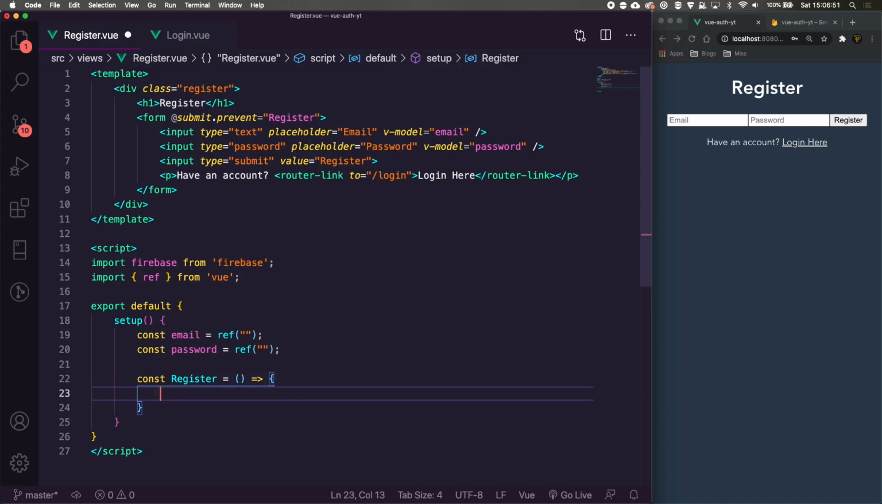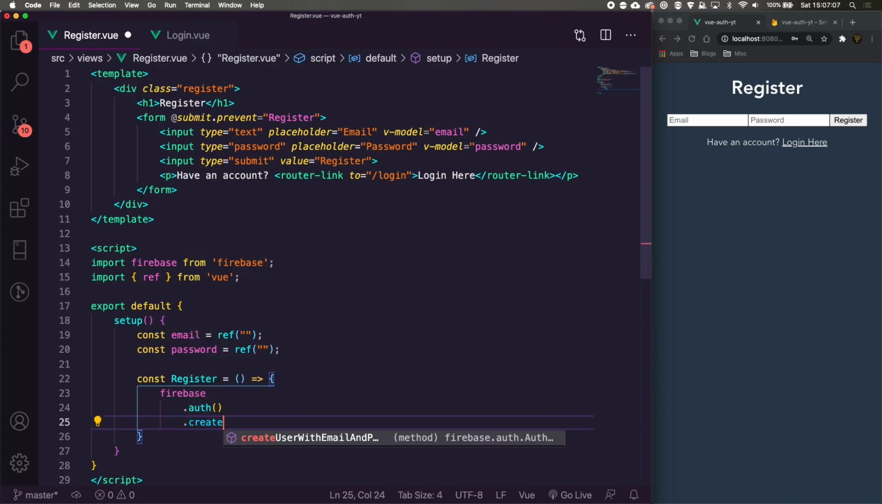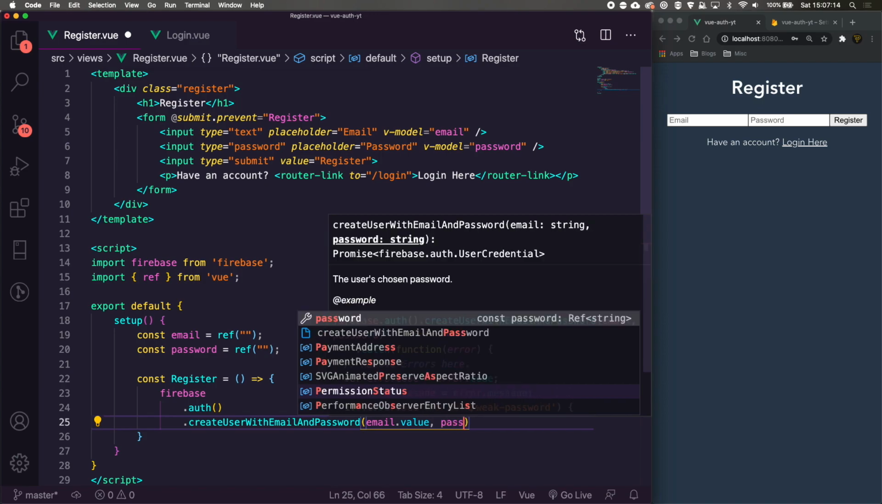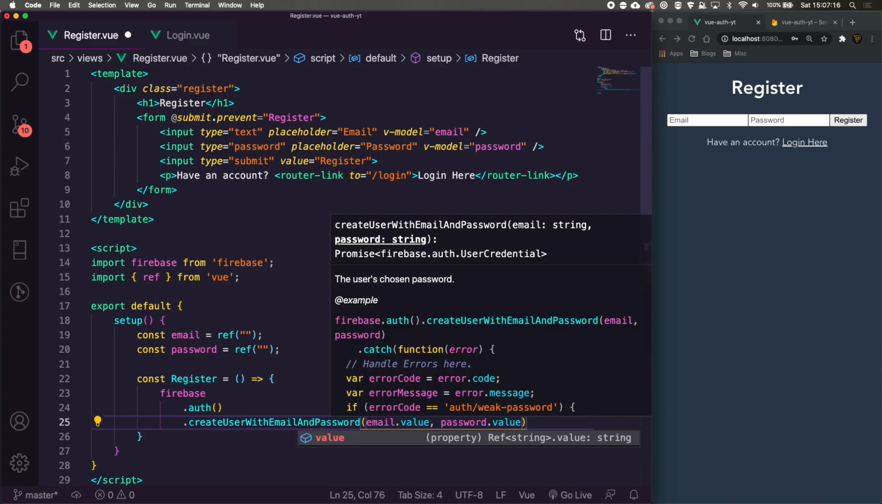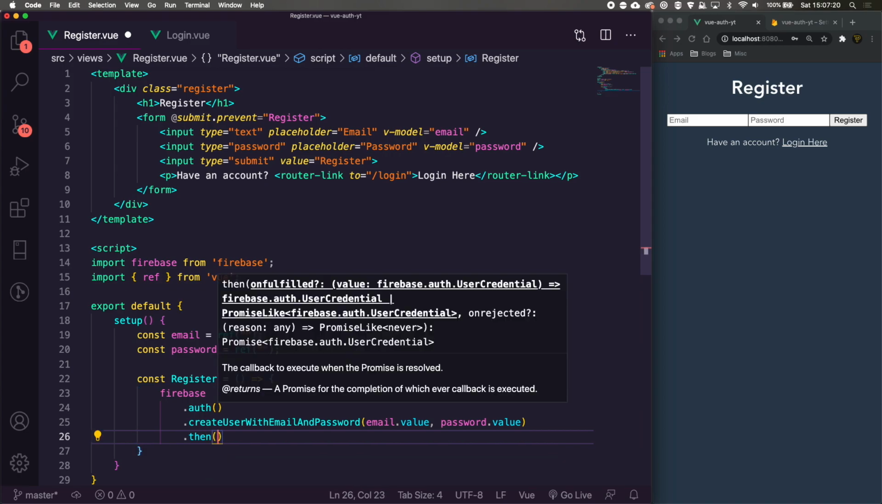Now we're going to do a similar thing here. So down here we're going to say Firebase. We're then going to go underneath and do .auth. Again, everything we do within the auth realm comes through the .auth method. We're then going to say dot, and now here's the difference here. Instead of doing sign in, we're going to do create user with email and password. Now we're going to pass the email.value and the password.value here. And then we're going to do dot then, and we're just going to say user